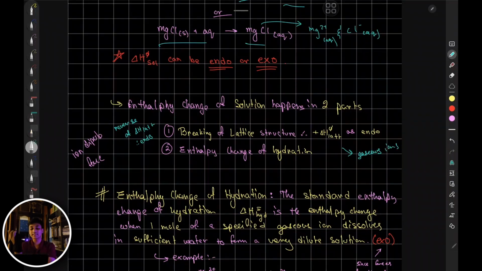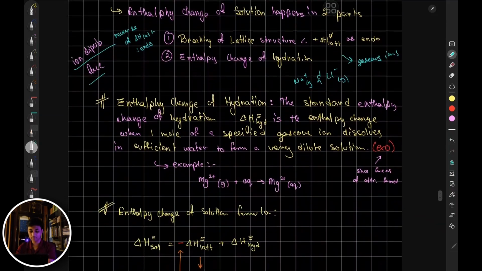Great. Now, enthalpy change of hydration. What is enthalpy change of hydration? It is basically the bonds formed between the ions, let's say Na+ and Cl-. These ions, gases by the way, since the lattice structure is broken, form a bond with the water molecules. These bonds are given the name ion-dipole force, meaning